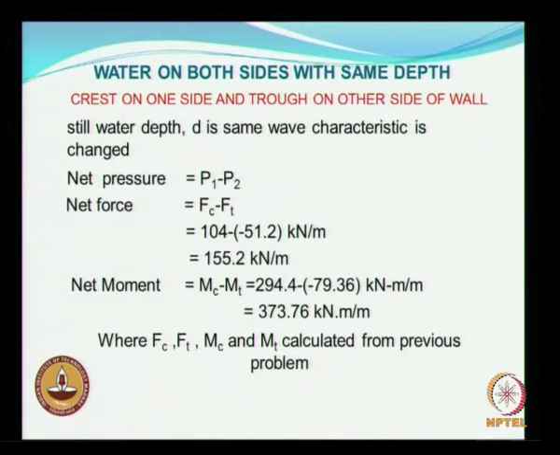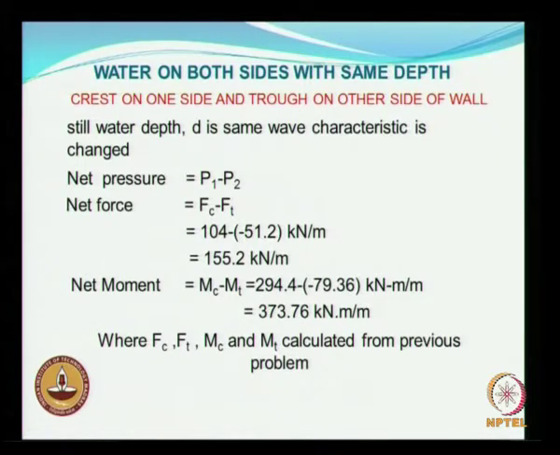force when the crest is on the wall, that is equal to Fc, which we have already seen as 104, and that plus the trough is below the still water line. Okay. So that will be minus of this. Okay. So then the total force, the net force will be this much. Is that clear? So then of course this will be towards the direction of the crest.